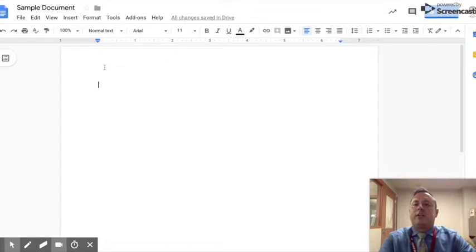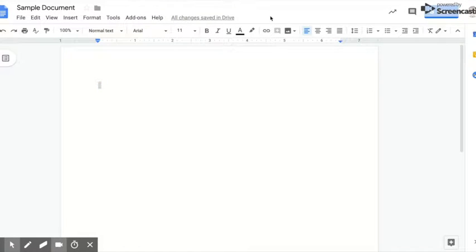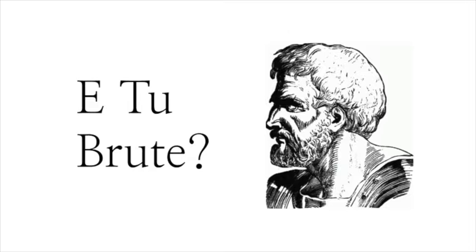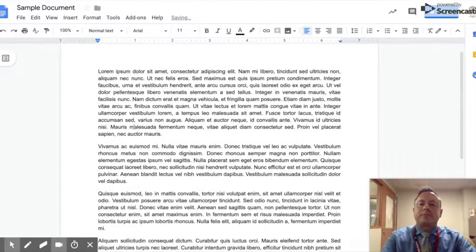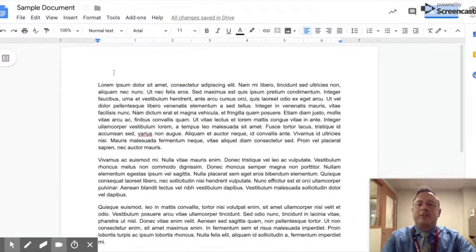So basically, what I'm going to do is go through each of these tools here. I'm going to use some sample text. Actually, I'm going to get that sample text right now and throw that in here. This is just some easy lorem ipsum text, Latin stuff that you see a lot of times when you have just a sample page to show formatting and things like that. So there's some lorem ipsum text here, and I'm going to use this to demonstrate various